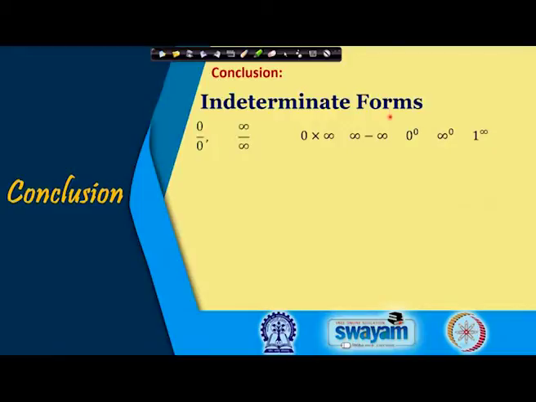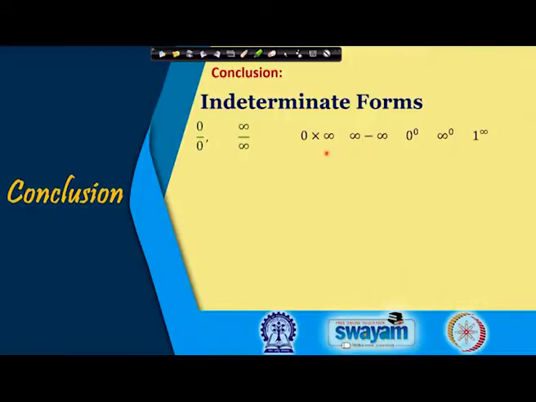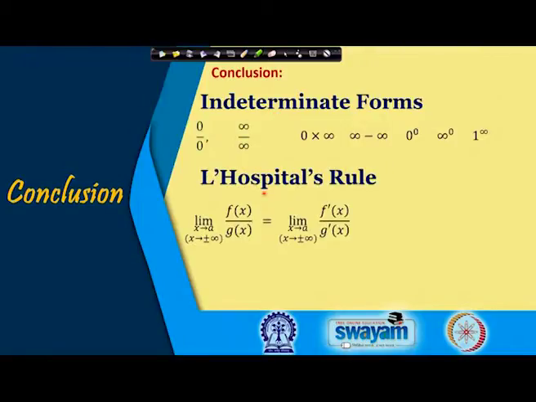These indeterminate forms may take several forms like 0 by 0, infinity by infinity, 0 into infinity, infinity minus infinity, 0 power 0, infinity power 0, 1 power infinity. What we have learned today is how to compute such limits when we have the 0 by 0 or infinity by infinity forms. And the L'Hopital rule, which was useful to compute this limit, says that whether we have the 0 by 0 or infinity by infinity form,